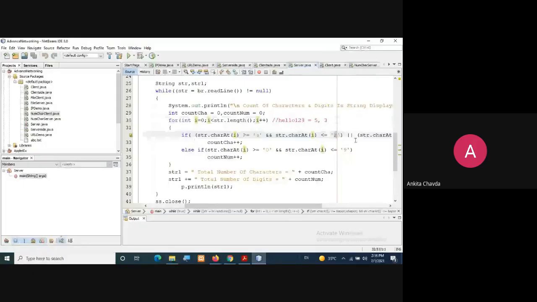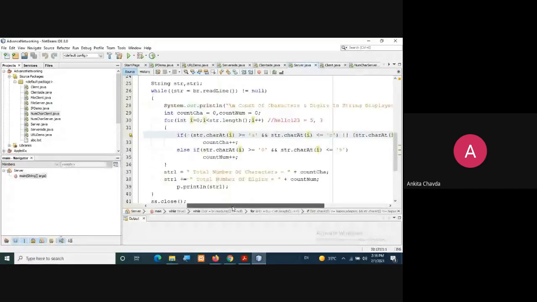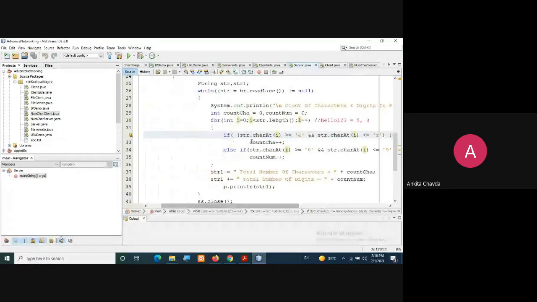So I'll read this 0th character, which is equal to small a, and if it is less than or equal to small z, or we will also check for the capital letters. If it is greater than or equal to capital A and less than or equal to capital Z, then we can say, okay, this is a character, and we will just increment the counter for the character.